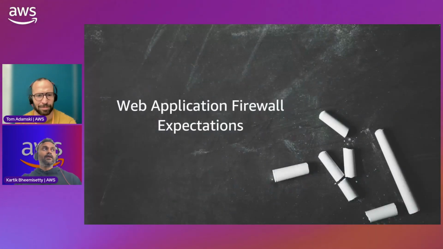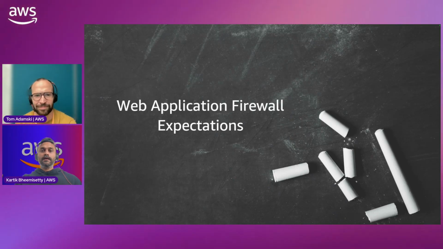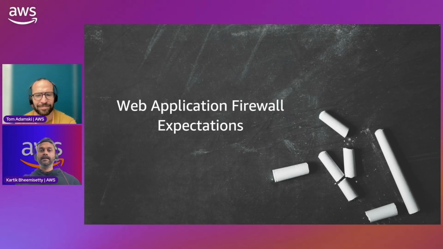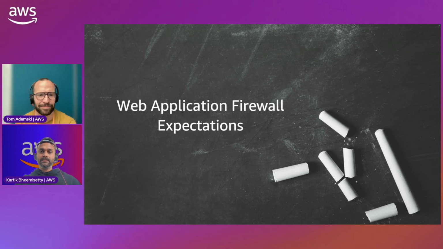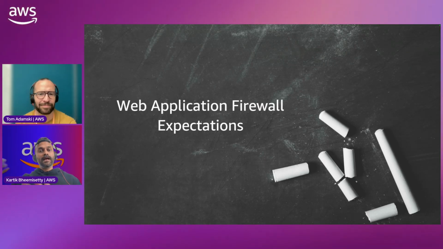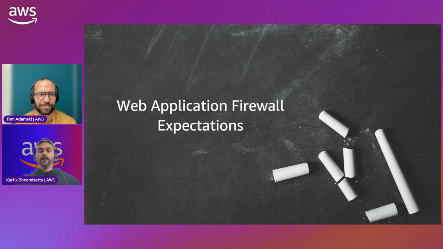So in general, I would like to pose a small question. What are web application firewall expectations industry-wide? People want DDoS protection. People want SQL injection protection. They want to detect any anomalies in the traffic and then protect their applications. And then they want logging. They want to understand what's happening with their application traffic. So can we do all these with AWS WAF? Let's explore.